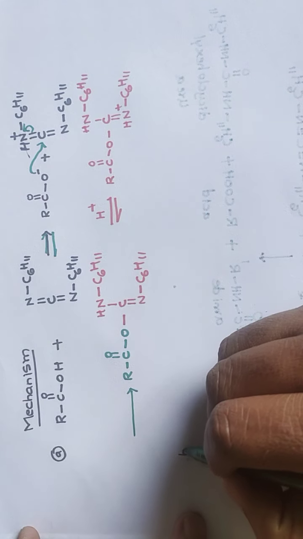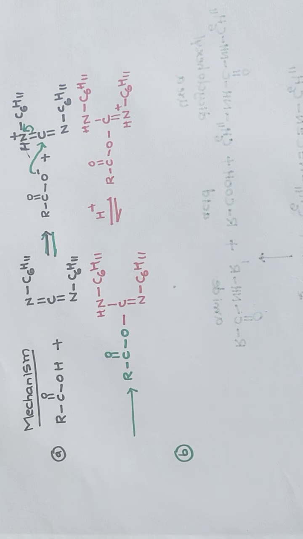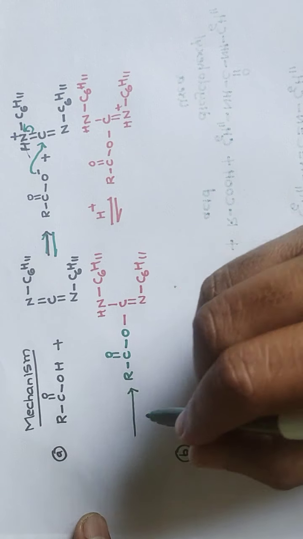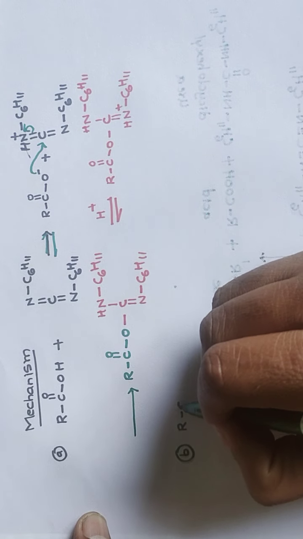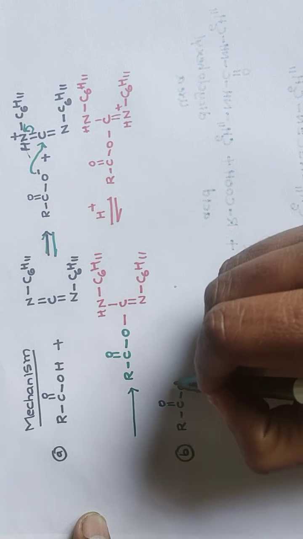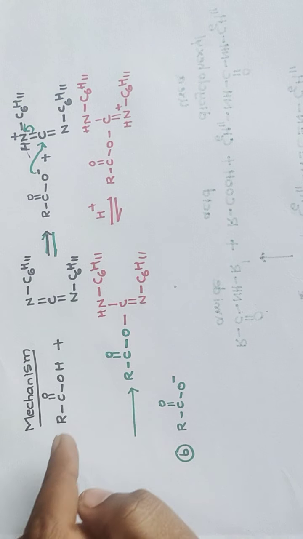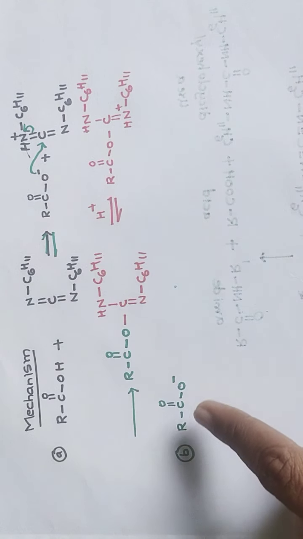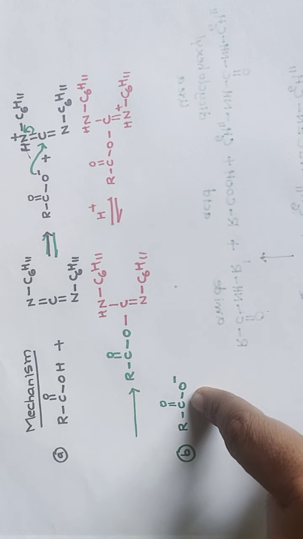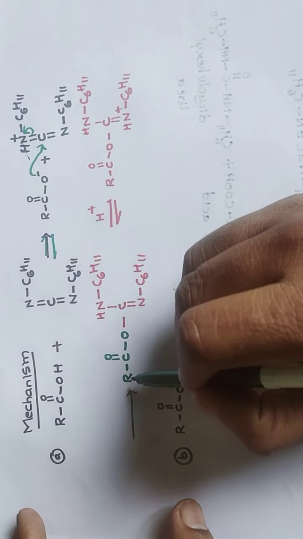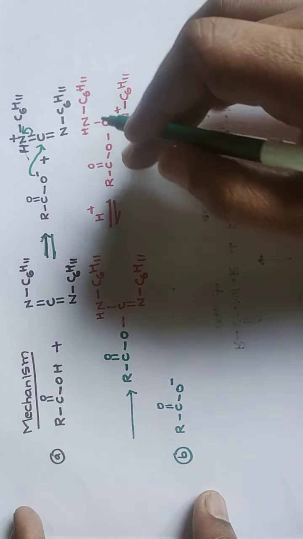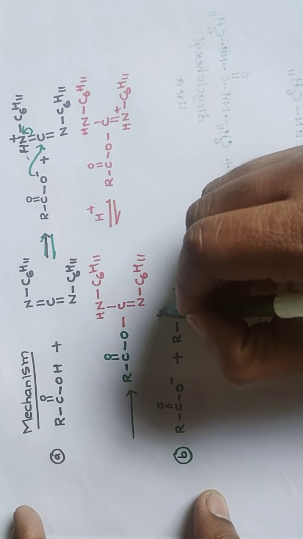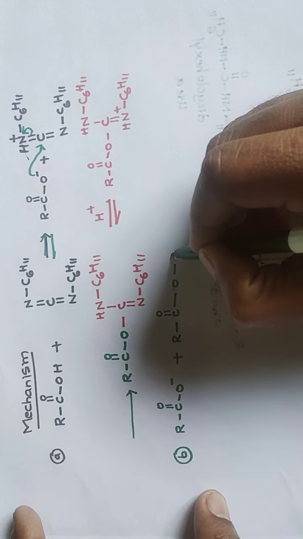In the next step, the acid that has released H+, now what is remaining? RC=O O⁻ is remaining. Why? Because one acid is involved here, another acid has released a proton that has protonated this nitrogen, so this carboxylate ion is remaining. Then we'll attack this intermediate form, that is RC=O O C